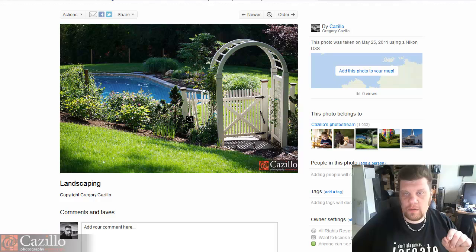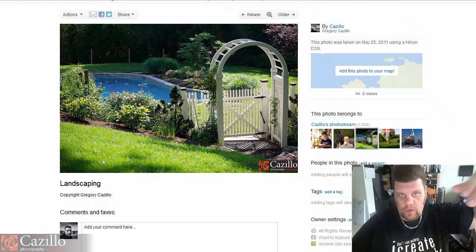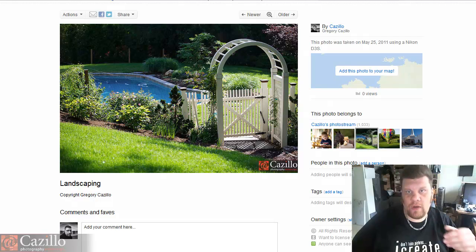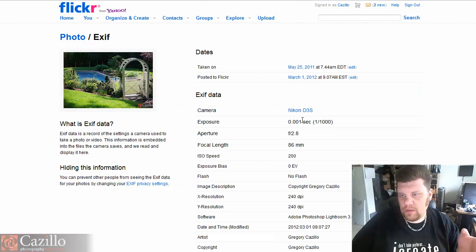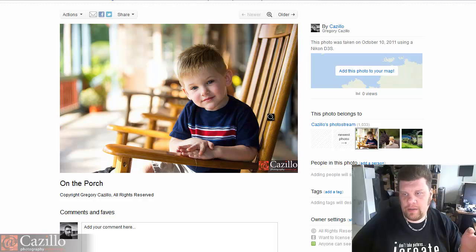Okay, now since I am a little bit farther away and my initial subject is farther away, or my focus point is farther, that's why it isn't as blurry. So we could take two identical photos and just have the subject 25 feet away versus 5 feet away. The one with the 5 feet away is going to have a much blurrier background versus the one that's 25 feet away, just because of the way your lens works. So we have basically the same settings, very, very close to the same settings as far as our aperture and our focal length between this one and this one,